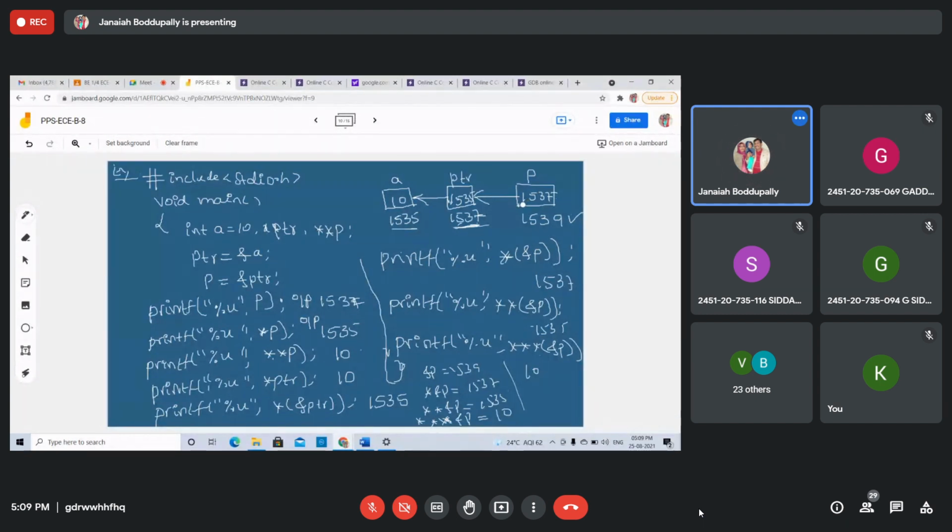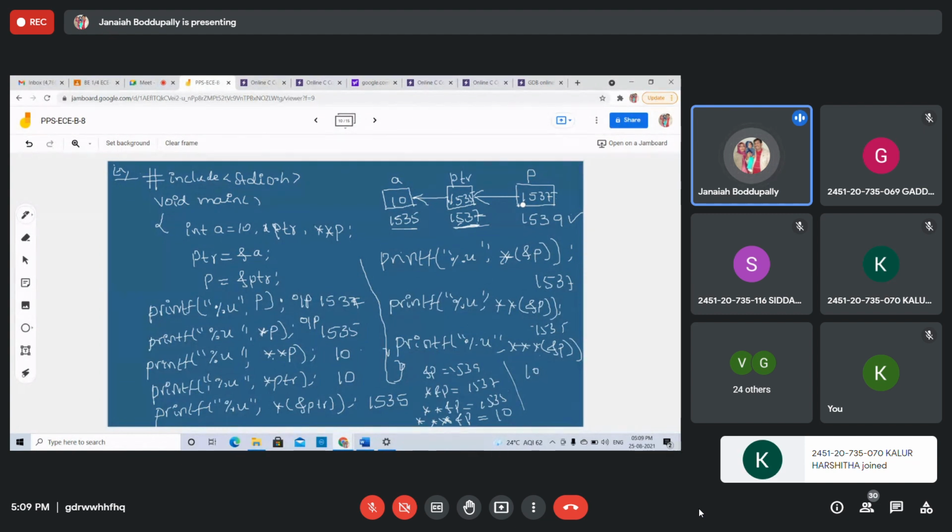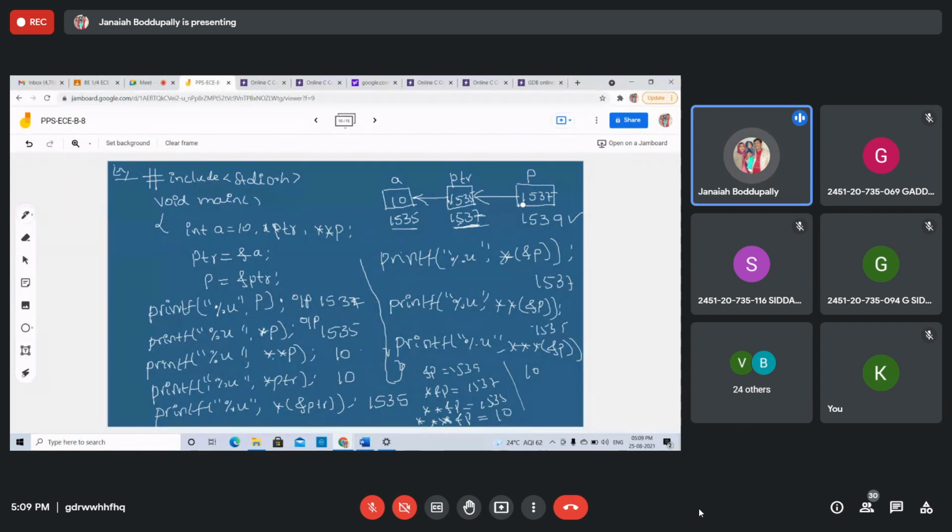Next, can I stop or continue? Pointer expressions. Pointer variables can be used in expressions like other variables. We'll discuss pointer operations just like ordinary variables: x plus plus, i plus plus, minus minus i, pre-increment, post-increment, and assignment statements. Pointer assignments, pointer to pointer, pointer increment and decrement, how to increment a pointer, how to compare one pointer with other pointers. We'll discuss tomorrow.